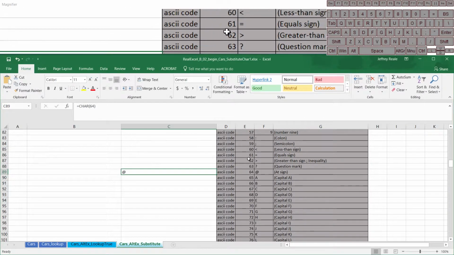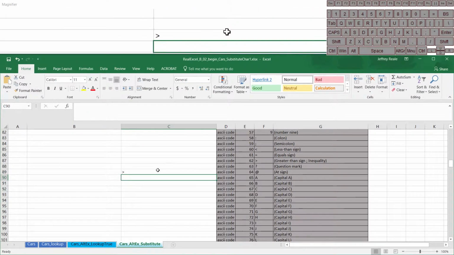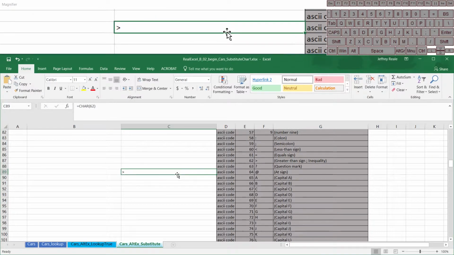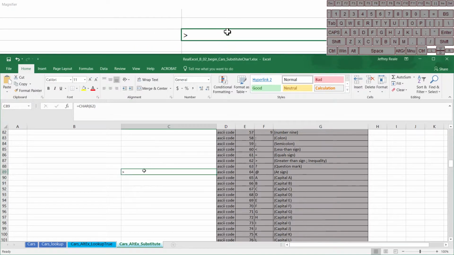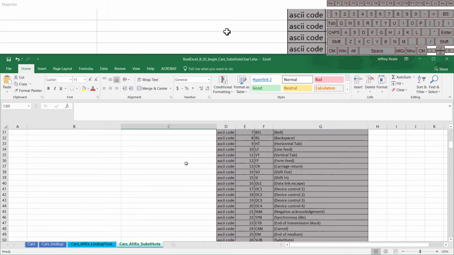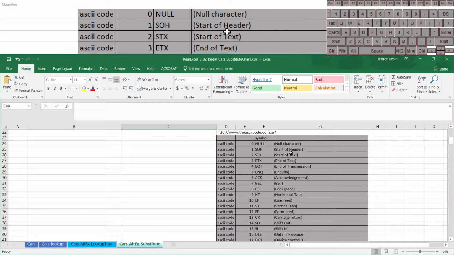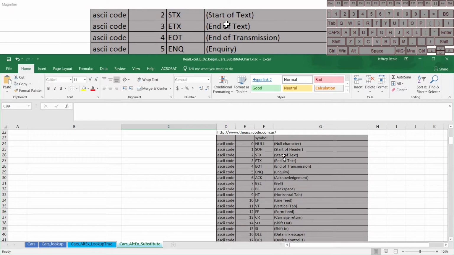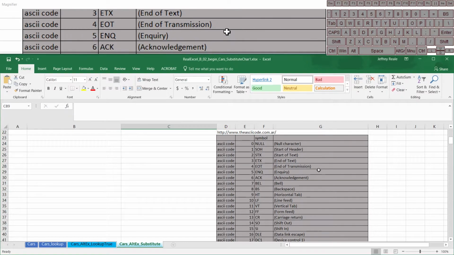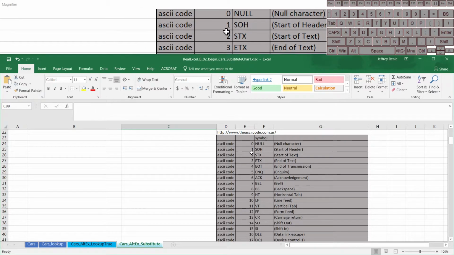What if I put in 62? I will get a greater than symbol. So you can force Excel to see any particular character you want it to see by using these character codes. So why would we bother with that? There are certain character codes that refer to things that just don't show up in natural text, things like start of header in particular. They're not really for Excel, and they wouldn't show up in any natural text that we would run into. So what we can use is CHAR 1 or CHAR 0,